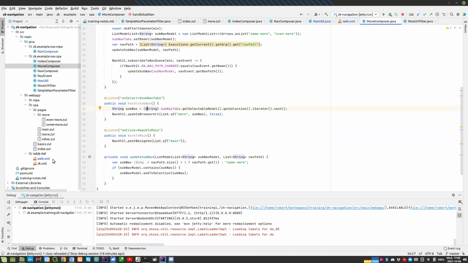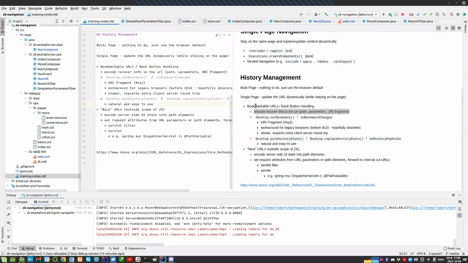Time is up. I'll just wrap up a bit more. So what did we have? We see we can use bookmarkable URLs and the back button handling using the push history state. As I somehow messed up, the back button didn't work anymore, but I will fix this in the example, and the code will in the end work. We can produce nice URLs that look nice, and we can also produce nice URLs that contain the information we need to recover the current page. We can use our event queues to post events globally around our ZK application